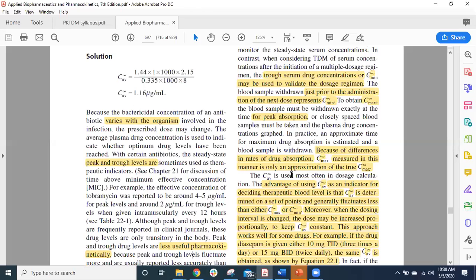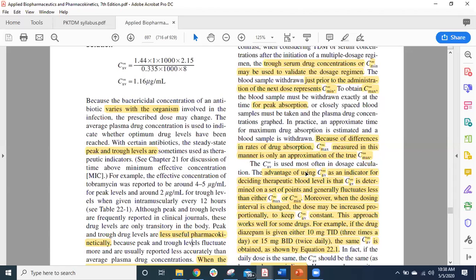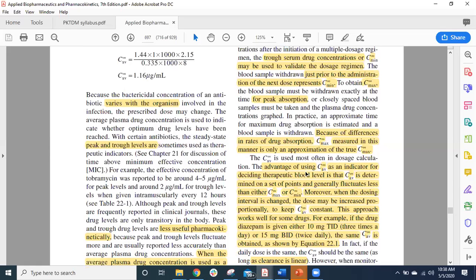But you all know the absorption. What are the factors that can affect absorption? I think in the last year from 20 it was a 10-mark question for you people. There are many factors that can affect the absorption, so it's not practically very good to depend on this parameter. And there are various differences in the rates of absorption. So Cmax, if you measure in this way, may not give you the correct Cmax,